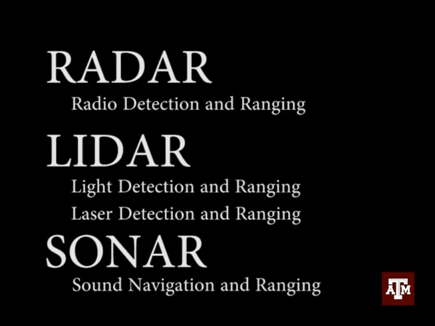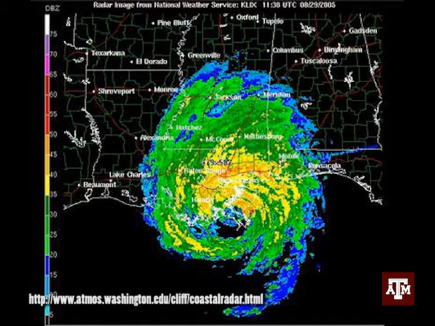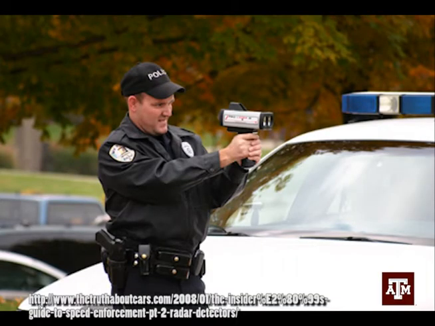Radar, LiDAR, and sonar are the main types of active remote sensing systems used today. Radar is an acronym for radio detection and ranging, but today radar systems emit long wavelength microwave energy to sense objects in an environment. Large-scale weather mapping uses radar to track clouds and storm fronts, and local law enforcement officers use radar to monitor speed limits.